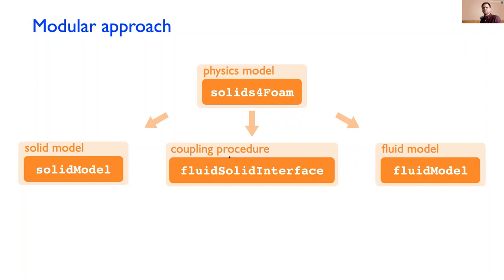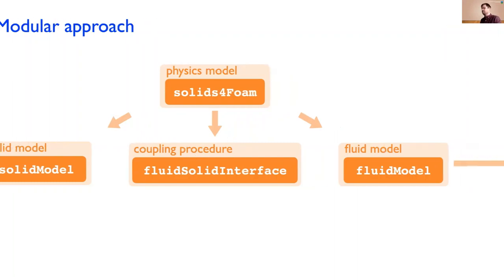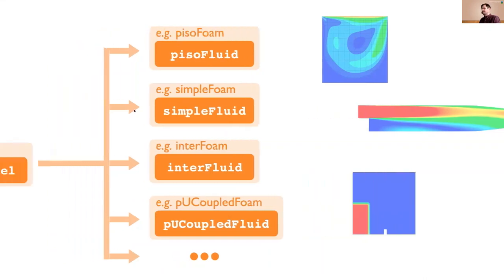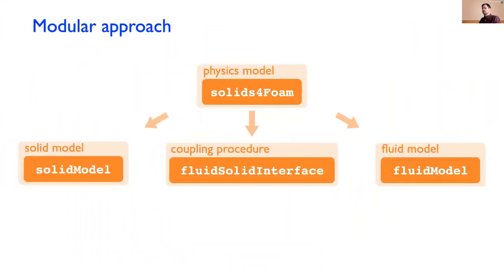Also for the coupling in between, you could pick some runtime-selectable coupling procedure. For example, with the fluid model, the way we've named them, instead of pimpleFoam, we just call it fluid. So that's the pimpleFluid class. It's basically copy and paste of the pimpleFoam code into a class. We can just call a function solve, or we call it evolve. And in the same way for the solid models,